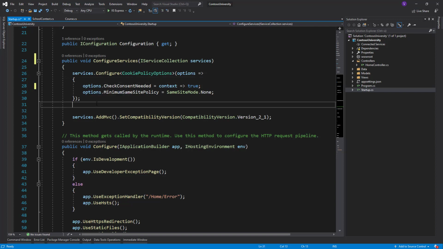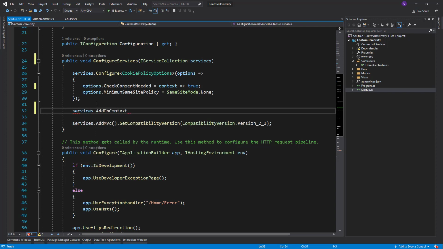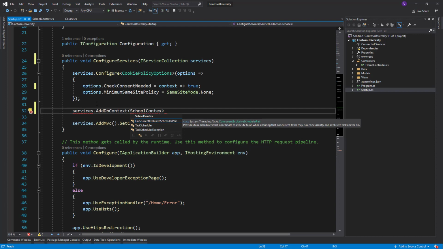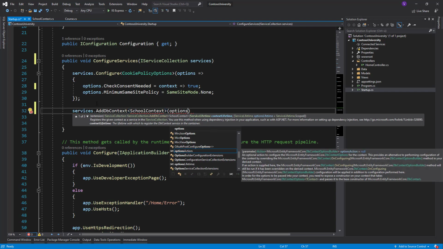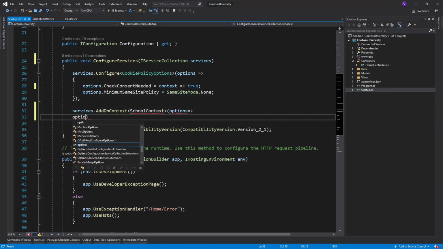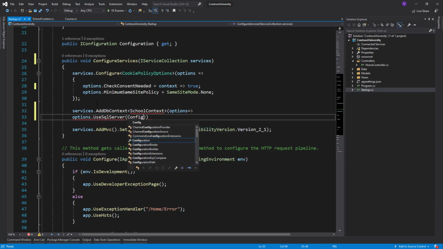So here we write additionally services.AddDbContext of type SchoolContext, and options, options.UseSqlServer, because this is what we're going to use, Configuration